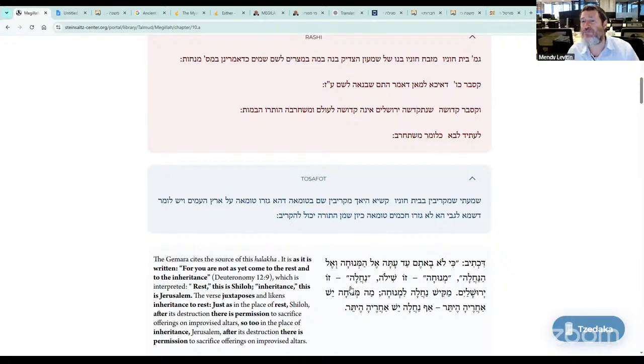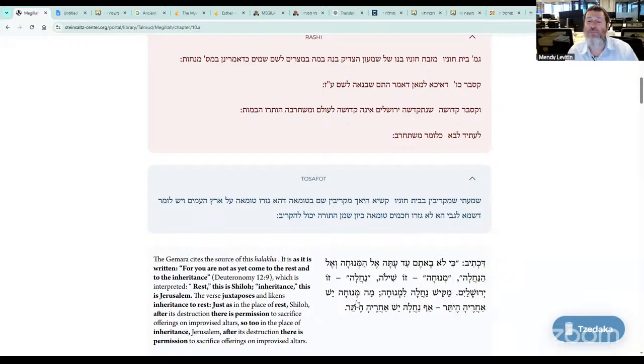He learns the verse differently than we learned before. Not that the terminology difference of menucha and nachala is coming to differentiate between Shiloh and Yerushalayim, that Shiloh is only menucha and the Beis HaMikdash is nachala. And the reason why we divide in between is to show that in between you could put up the bamos ketanos, you could put up these private altars in the times of Nov and Givon. He says, menucha zu Shiloh, nachala zu Yerushalayim.